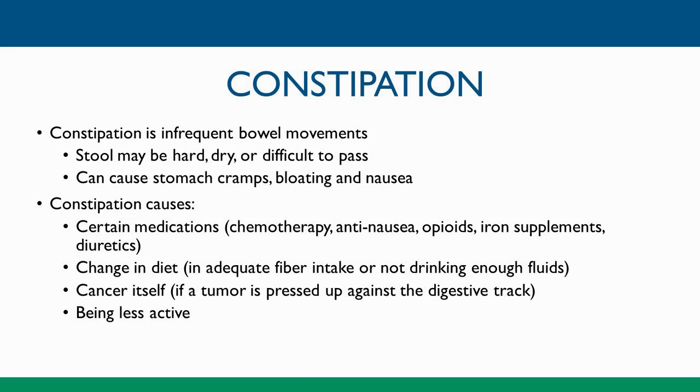Constipation is when one has infrequent bowel movements, when stool may be hard to pass, dry, and can cause stomach cramps, bloating, and nausea. Some reasons for constipation include taking certain medications, such as chemotherapy, anti-nausea medications, opioids, iron supplements, and diuretics. Changes in diet, such as inadequate fiber consumption or not drinking enough fluids, as well as cancer itself, such as if a tumor is pressed up against the digestive tract, or being less active, all contribute to or cause